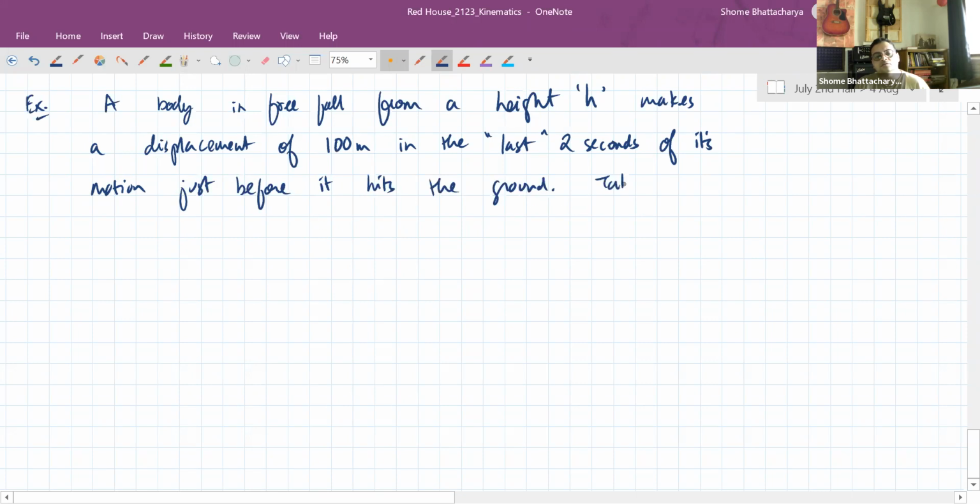So take g equal to 10 meters per second square and find